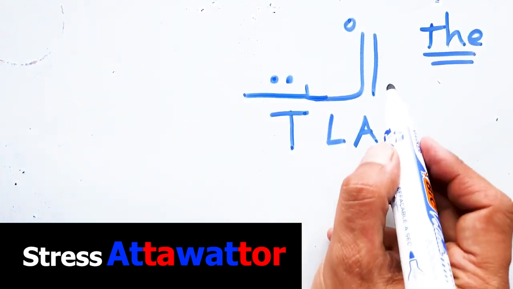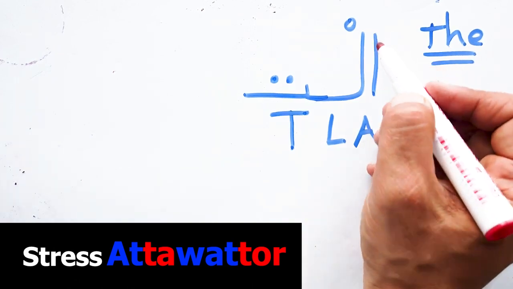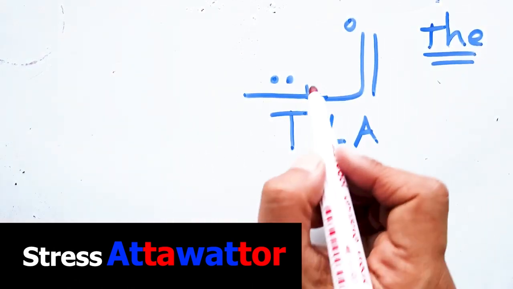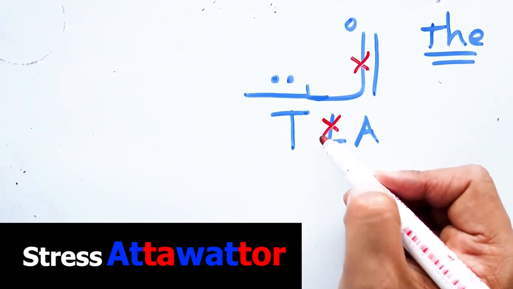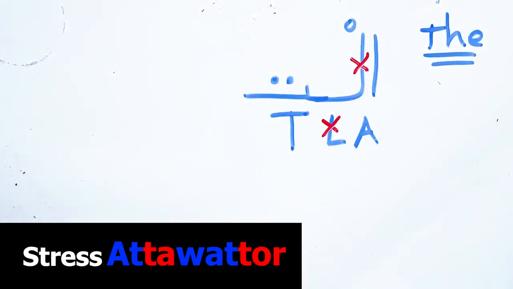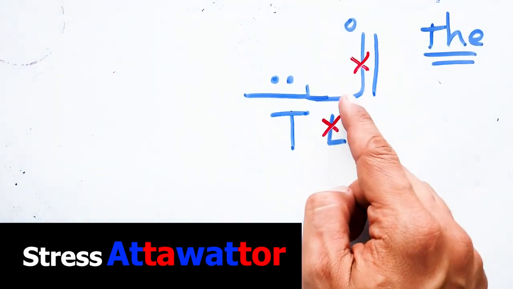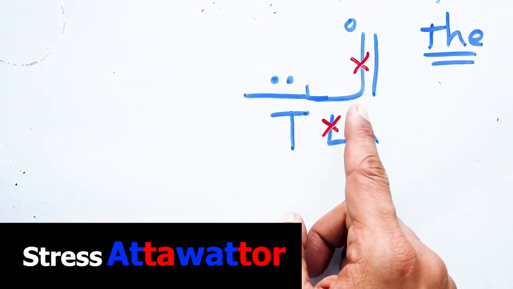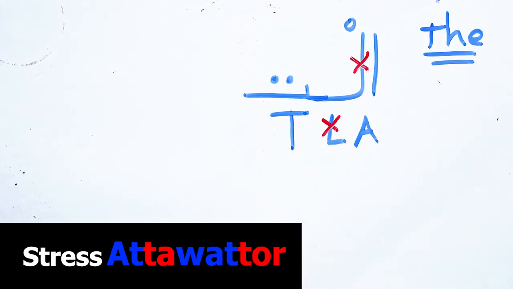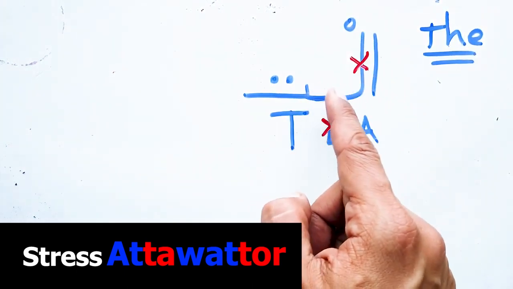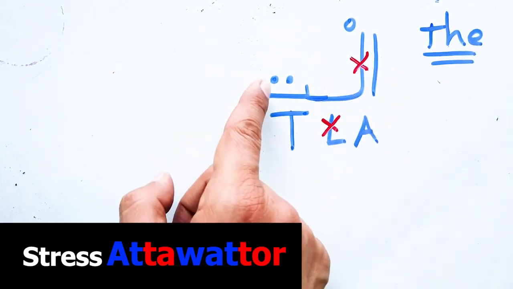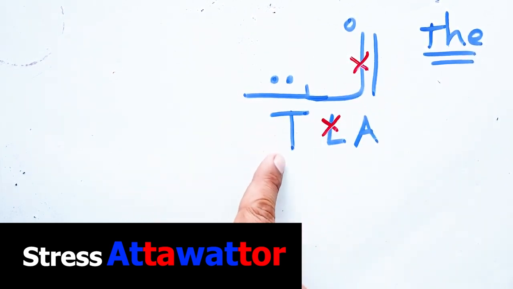I say at. When we add l to any word starts with ta, we drop the l, which is lam in Arabic. Again, when we add l, which means the in Arabic, we drop this lam, we don't pronounce it when we add it to any word starts with ta, the one that sounds like t. It's easier to say at than alt, okay?